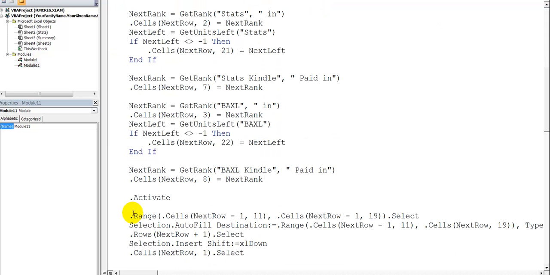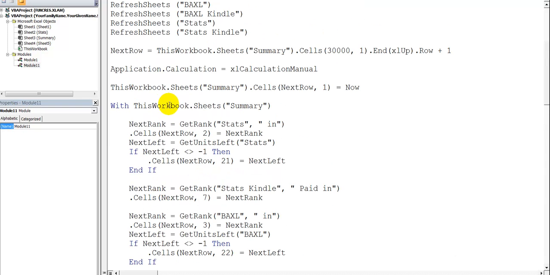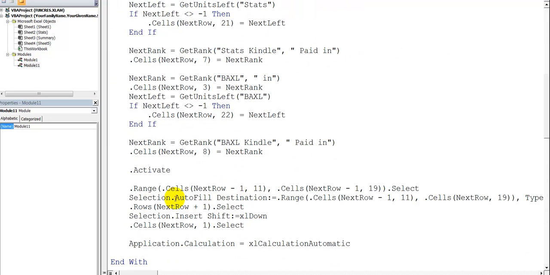so if we look at this. Now I didn't know this works, but I guess this dot is also applying to the same this. So I guess that's still saying this workbook.sheet summary dot cells. So I guess that works. I didn't realize you could do that. You could even use this dot within the line. I thought you could only do it at the beginning of the line, but it looks like you can do it within the line. So anyway,